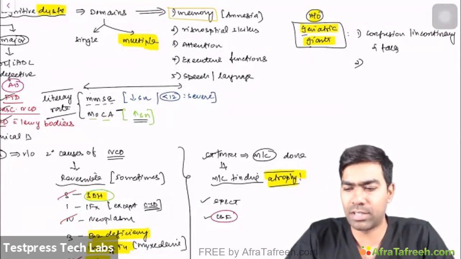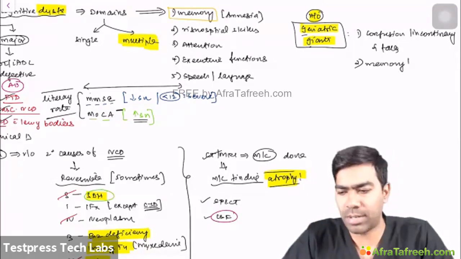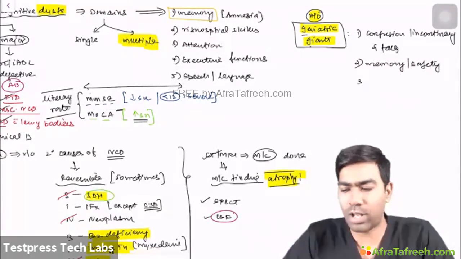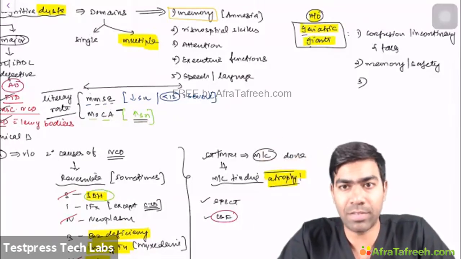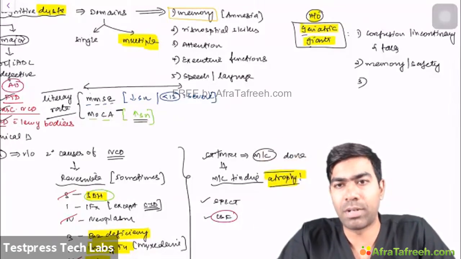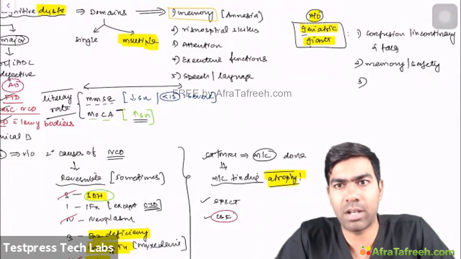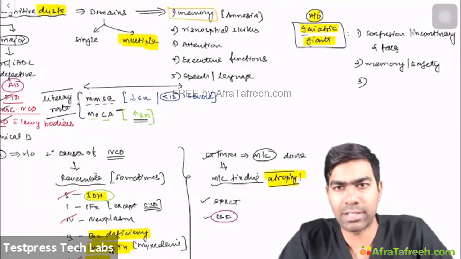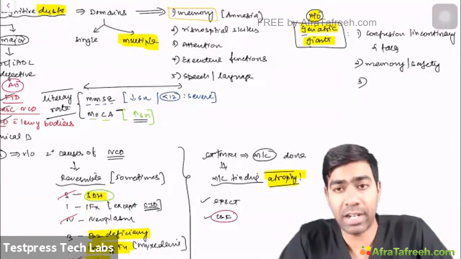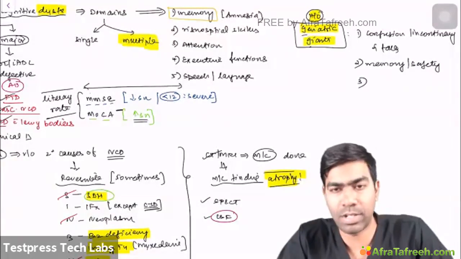And second is memory, forgetfulness, and at the same time, safety. In the sense, many people might wander around, forgetting to lock the door. I mean, this is something very common, isn't it, in elderly people? And that indicates a mild or a major neurocognitive disorder. One of the important things is locking the door and switching off the gas when you go out of the home. So these are very common safety measures. If they are forgetting to do these kinds of basic safety measures, then there's a strong possibility of